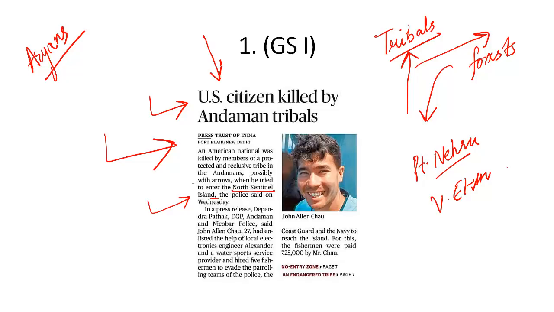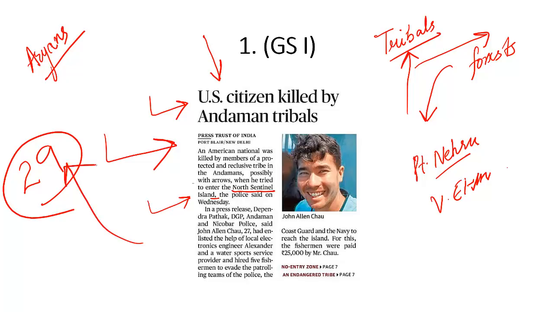And in a federal polity, in a distinct polity, and in a concept where we value unity and diversity, we have to respect the sentiments of the tribal people and ensure that their rights are not violated and that they are able to maintain their distinctive identity. And that is their fundamental right under Article 29 of the Indian Constitution. Every section of citizens in India who have a distinct language, script or culture of its own has the fundamental right to preserve their culture, and that fundamental right is available to these tribal people as well.